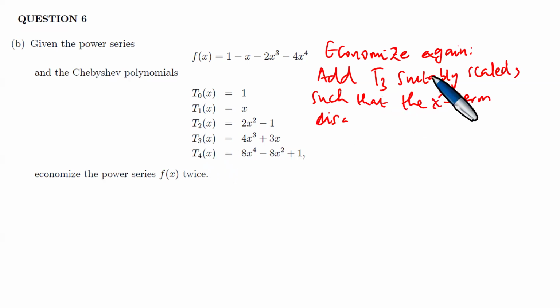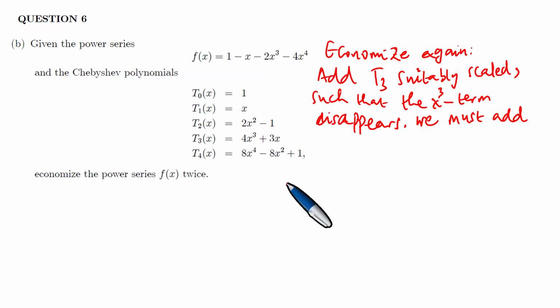Okay. So now we need to economize again, because we economized the first time and then we need to economize again. We can economize many times, a finite number of times at least. To economize again, we add T3 suitably scaled such that the x cubed term disappears. We must add